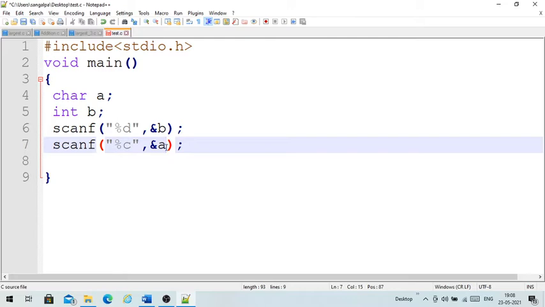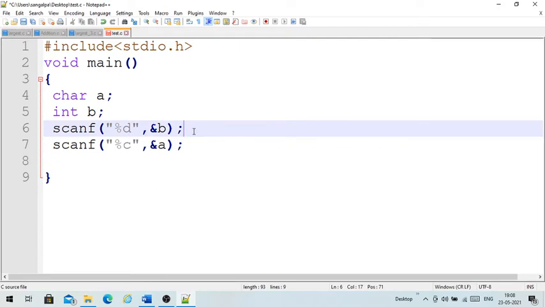Enter is considered as a character. Enter is actually a character. So A will have that enter key as a character. This scanf function is actually working, but we are providing the character data while we are entering the input for the number itself. When we are entering the first number, after entering the number we have to press the enter key. When we press the enter key, the enter character will be available in the